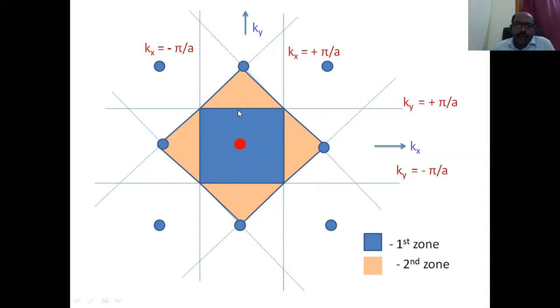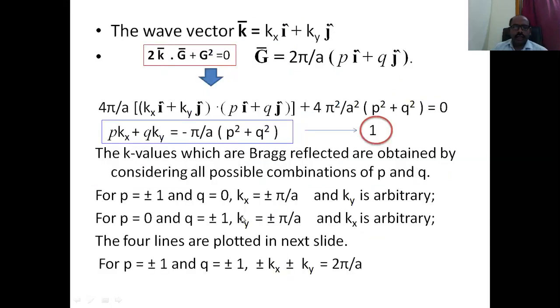It forms a square lattice. We have considered the square lattice, and the Bravais vector also forms a square lattice, and the intersection of these k values forms a square lattice. This is the first Brillouin zone. Because it is formed by the shortest k values, it is the first Brillouin zone. After that, we increase again. That was the first condition we have taken.